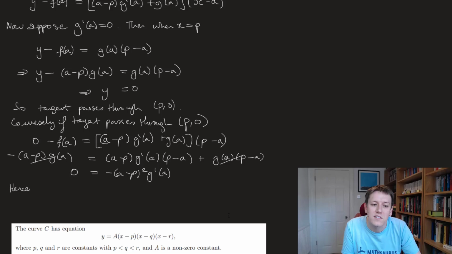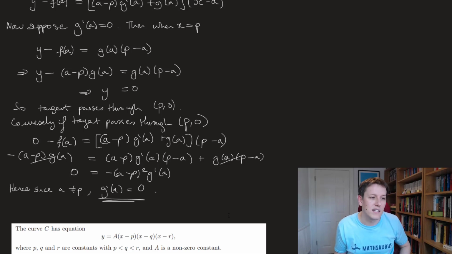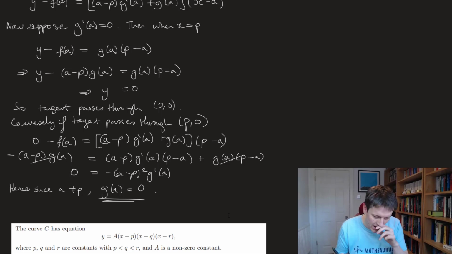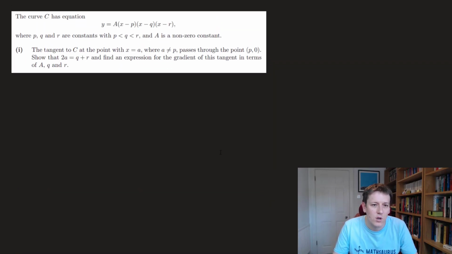Okay, so I'd say hence, since a is not equal to p, then g primed of a is equal to 0, and we've proved the if and only if really clearly in both directions. As I say, you could actually write this down with every statement if and only if you thought about a careful way of writing it, but this is thorough and clear that we've got the marks there. Right, so